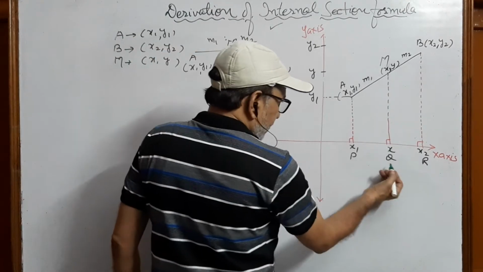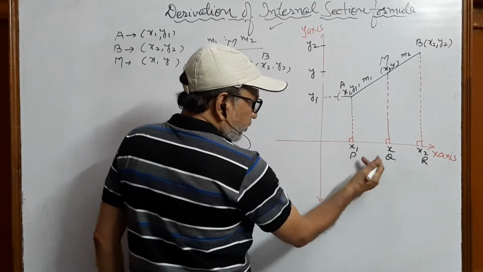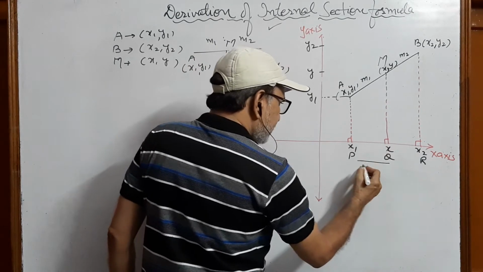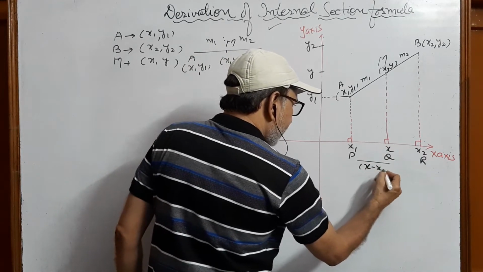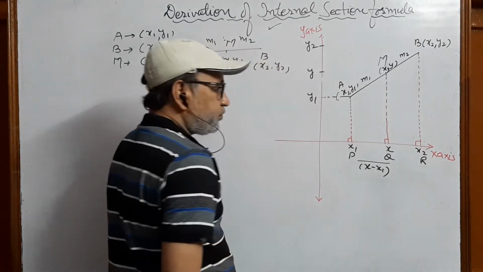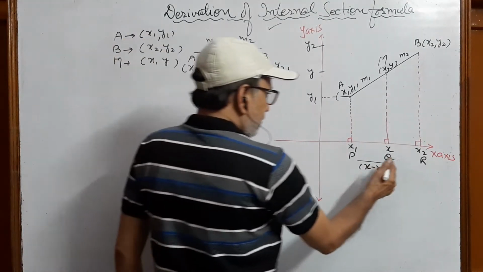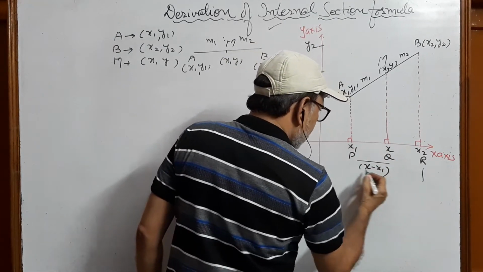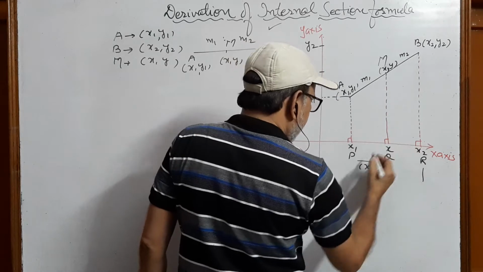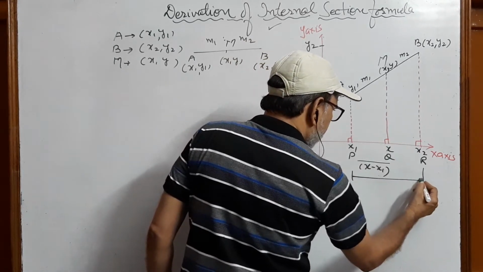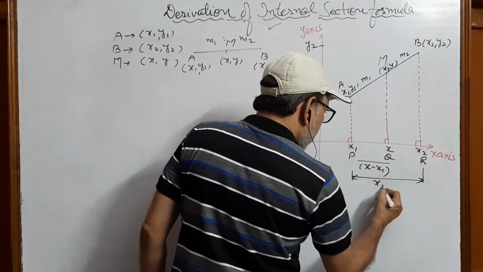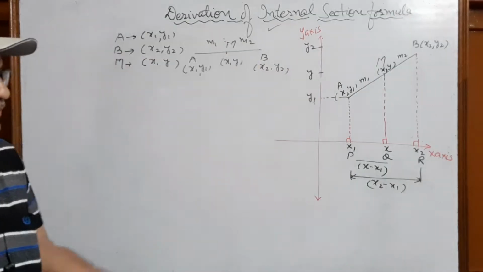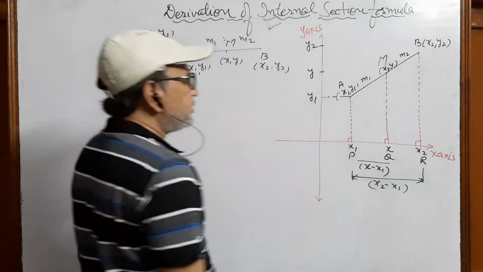So this distance you can find. Okay, PQ. You can say this is how much? x minus x1, right? This complete is x, this is x1, so it becomes x minus x1. If you take this complete distance here, right? So x2 minus x1. Clear? Just try to understand. This is a very simple common concept. We have done it in class 9th also.